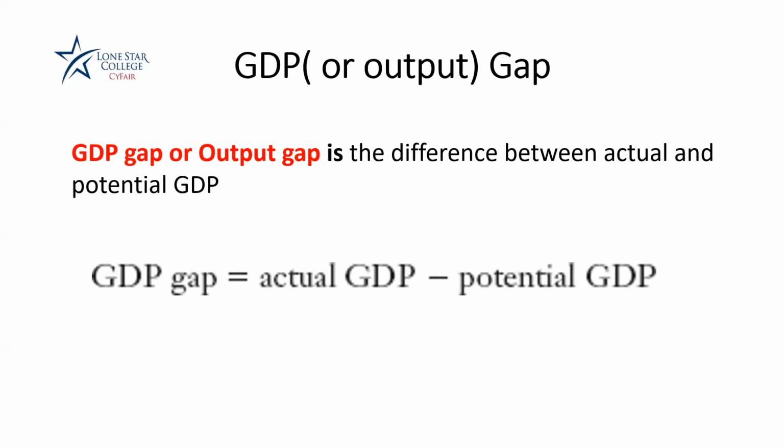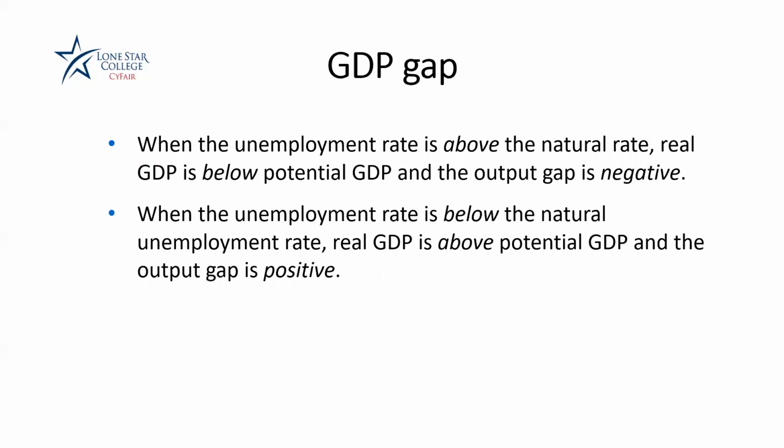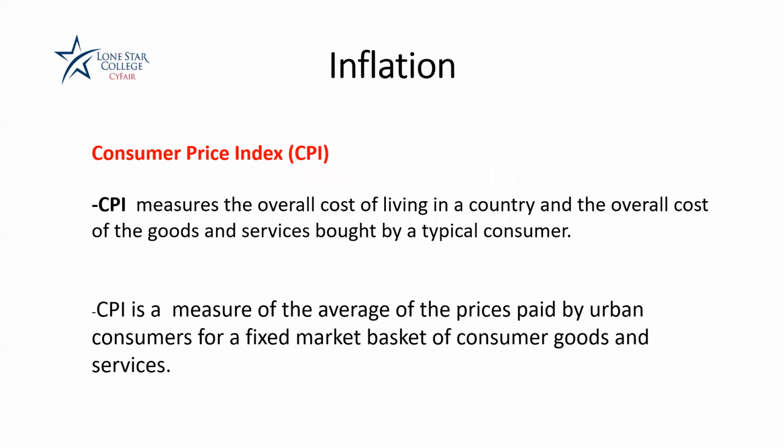And if we are experiencing expansion, it means that we're producing more output, so the actual GDP is greater than potential GDP, and the GDP gap will be positive. So you can look at the sign of the GDP gap to tell if we're experiencing recession or expansion. You can look at the relationship between real GDP and potential GDP, or at the relationship between the unemployment rate and the natural unemployment rate, and see if the economy is booming and growing, or if we are struggling and dealing with